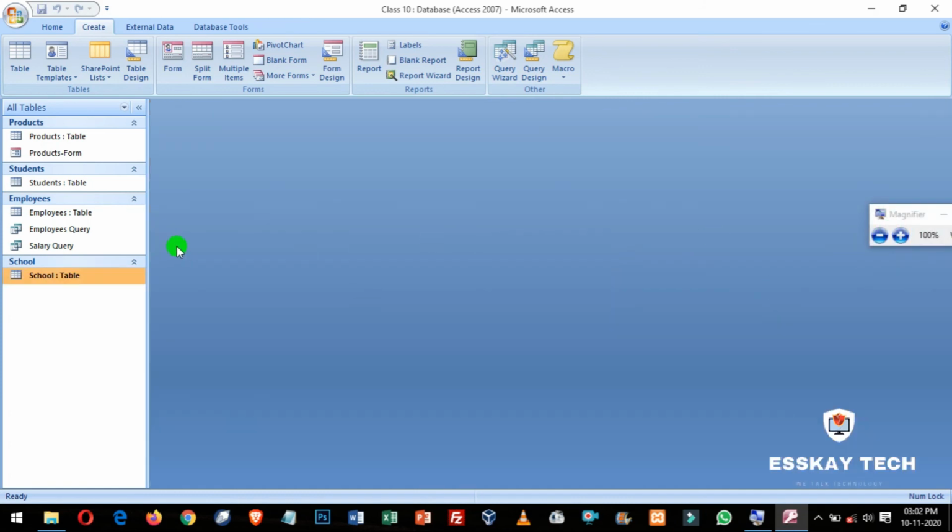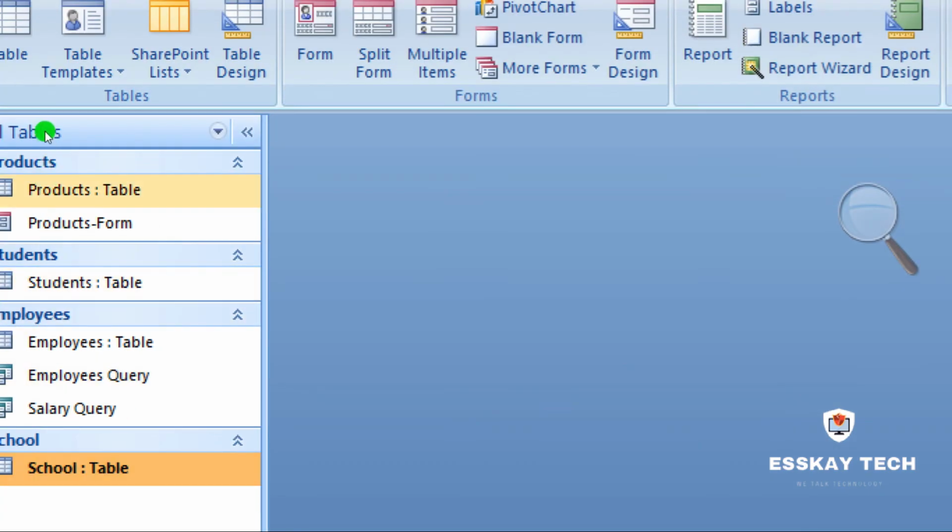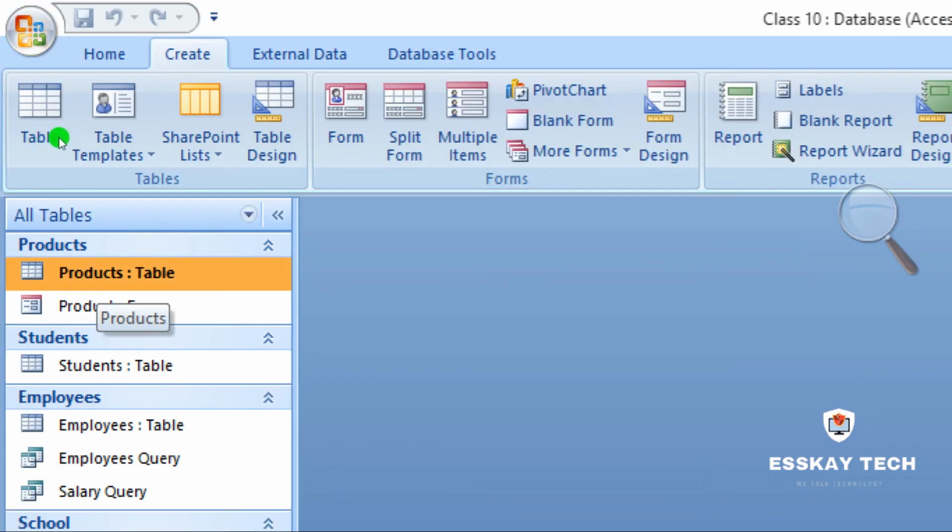Now creating a report is very simple. I'll be teaching you the easiest way of creating a report. Now I want to create a report of the table product. So what you have to do is click on the table name from the navigation pane